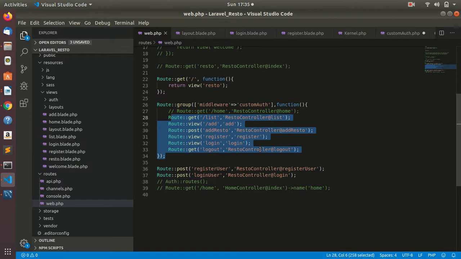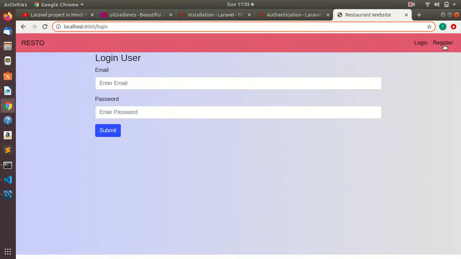That means those conditions are applied to all these routes, so a user will not be able to access our home pages, our lists, our add pages without being logged in. He always needs to log in first, then he can access those pages. I hope this is clear, how this registration and login is working.